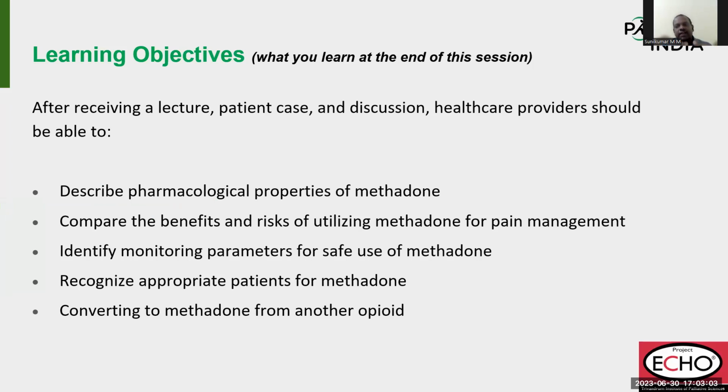And many of you might have heard that methadone should not be used. It can cause this problem, that problem, and things like that. So we will put it in this way that what are the benefits of methadone and what are the risks,